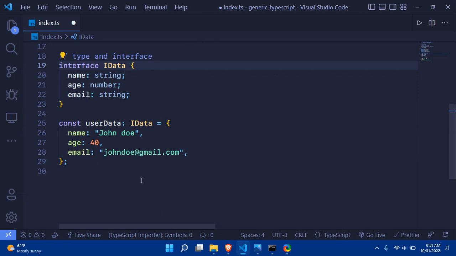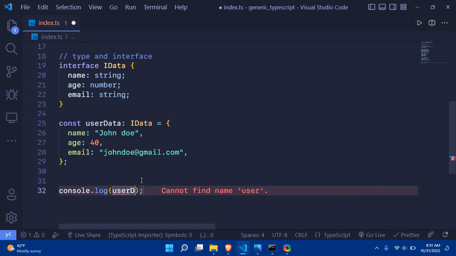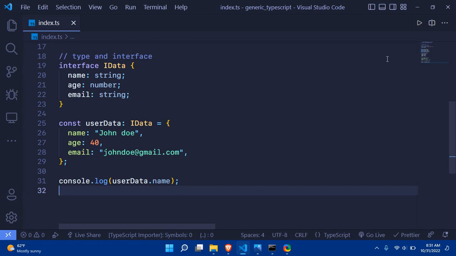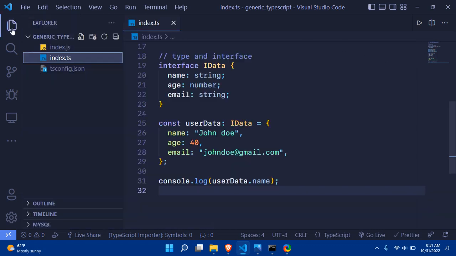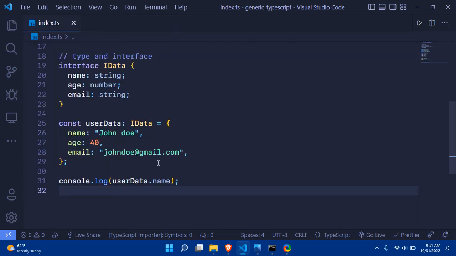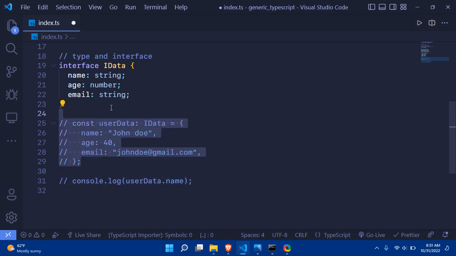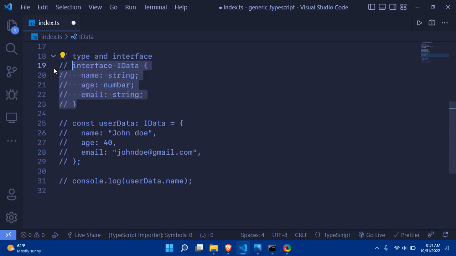So let's do it here. Suppose I want to console log userData.name, as you can see we can access it over here. So this is a basic object, and this is one way to make the generic type, where you make the interface and pass it over here. So let's make this generic. How can we actually make it generic? Let's comment this out as well. We will again create the same name,